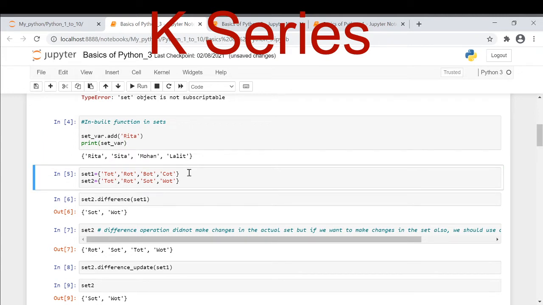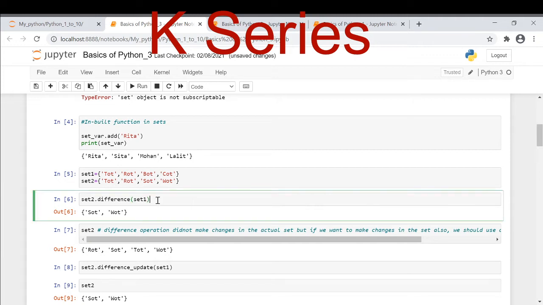Now in my next example, I am taking two sets. See here, a few of my set items are the same and a few are different also. Let me initialize set 1 and set 2. Now I can perform these operations, not mathematical operations, but you can say the dot operations basically.